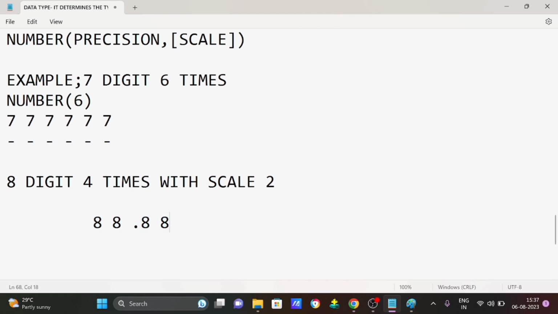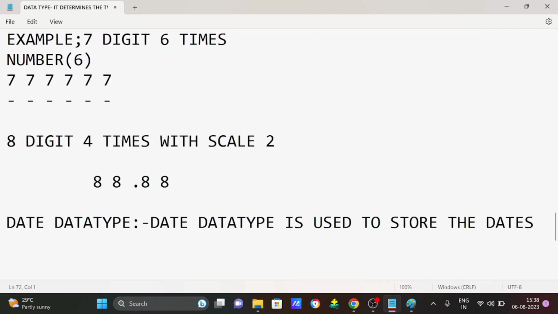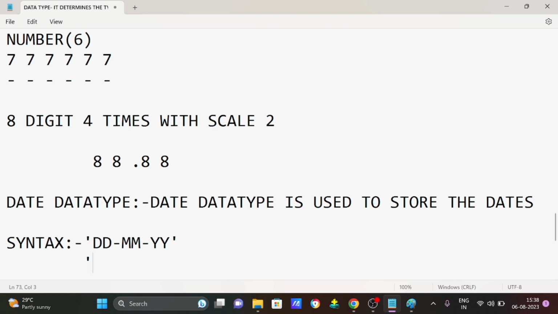Next, the next data type is date data type. This is very familiar to every one of us. Date data type is used to store the dates. This is the general definition. And there are two different syntaxes we can use with this data type. The first one is date, month, and year. This is the format number 1. And the format number 2 is